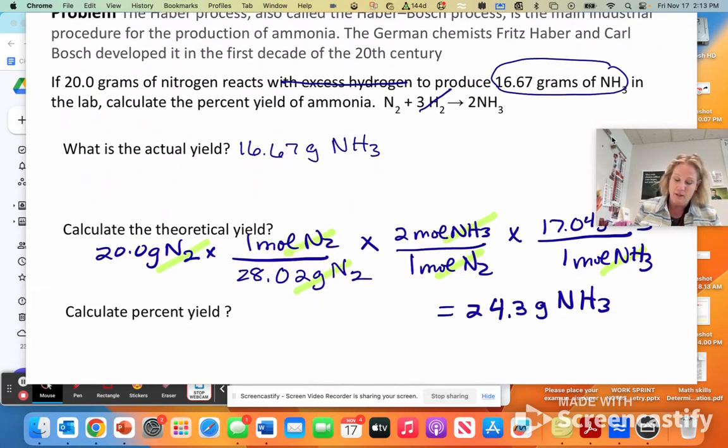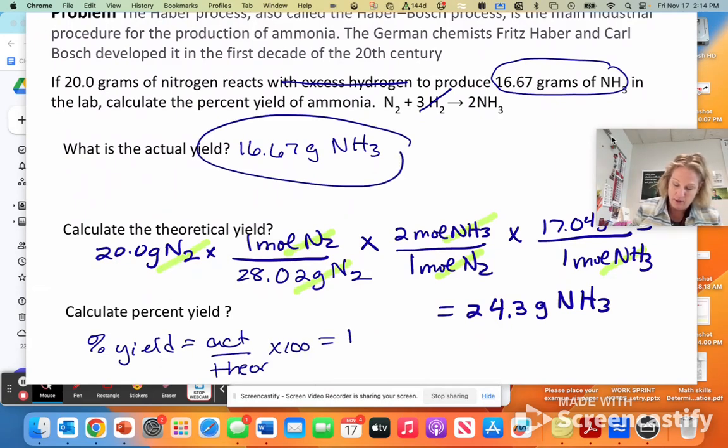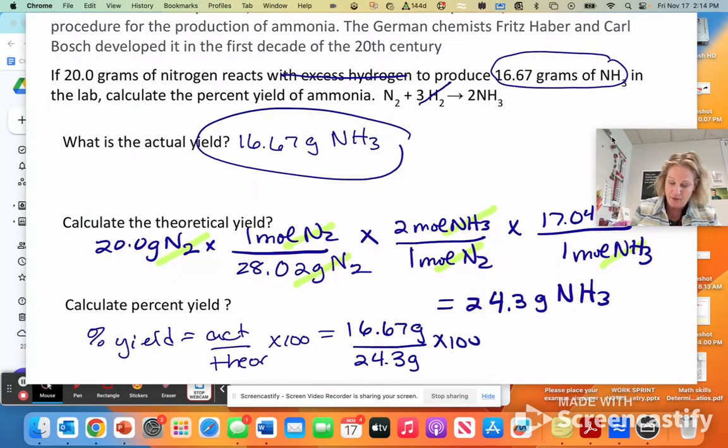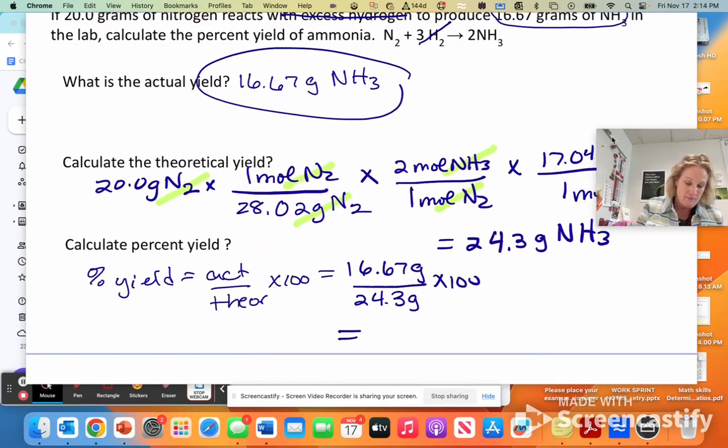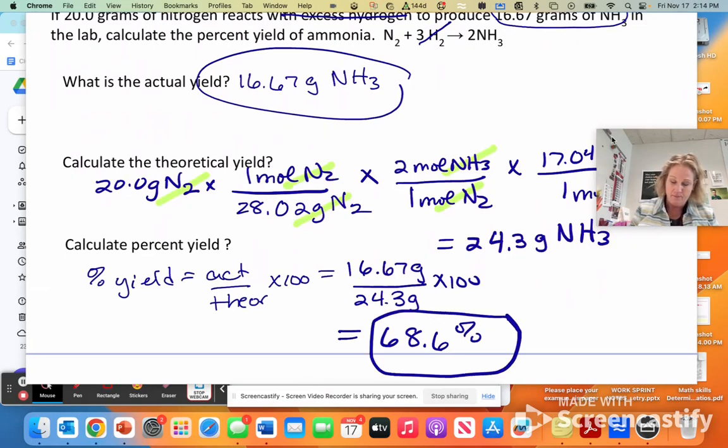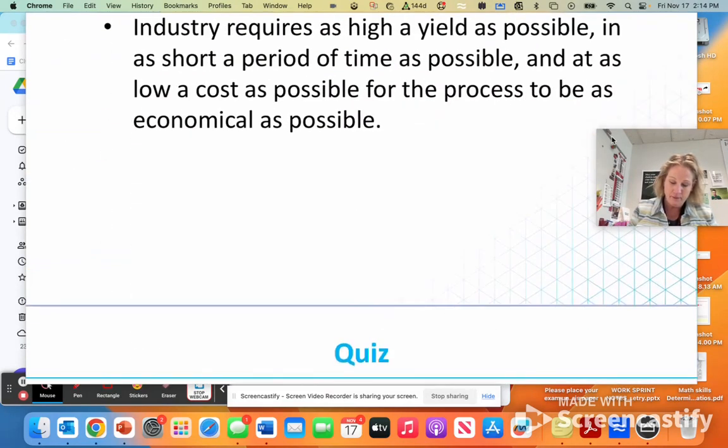So then my percent yield is going to equal the actual over the theoretical times 100. So it's going to be this actual 16.67 grams over the theoretical times 100. So in this case, I'm going to keep the least amount of sig figs, which is 3, and I get 68.6% yield. And that is